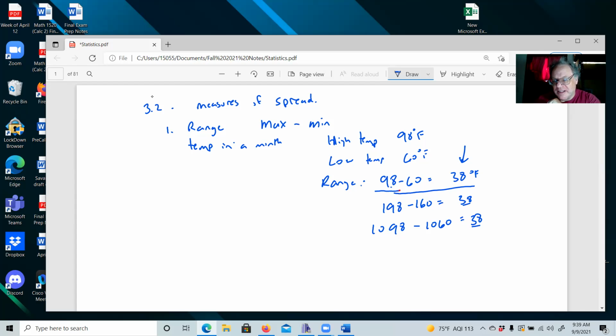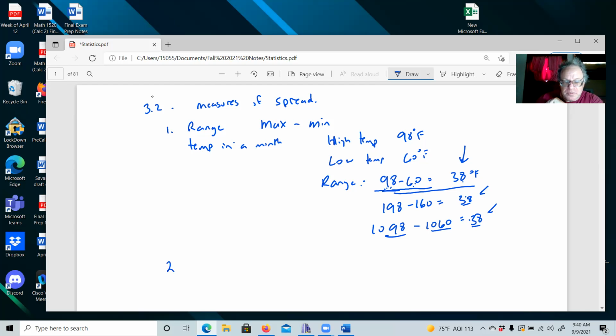So I like to tell people where the number came from and how we got it, so that they know the min and the max. But in every case, if I had this on a standardized test or homework, the answer they want is 38. You're telling a human being, what's the range? Oh, it's 98 minus 60, a 38 range. This might be like somebody's correct or something. That's the context for that.